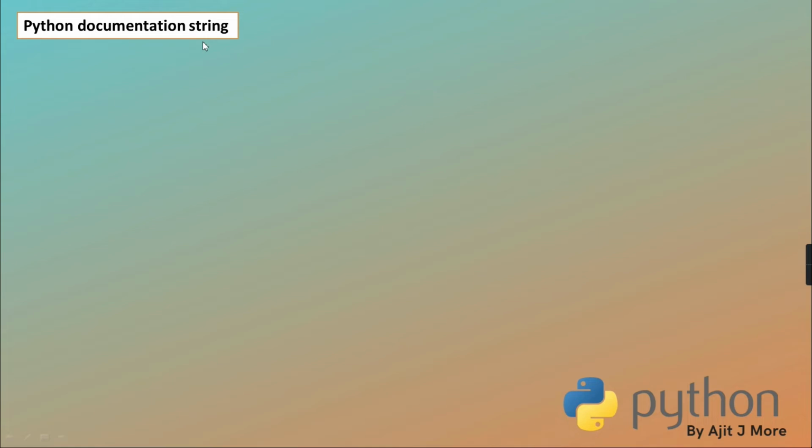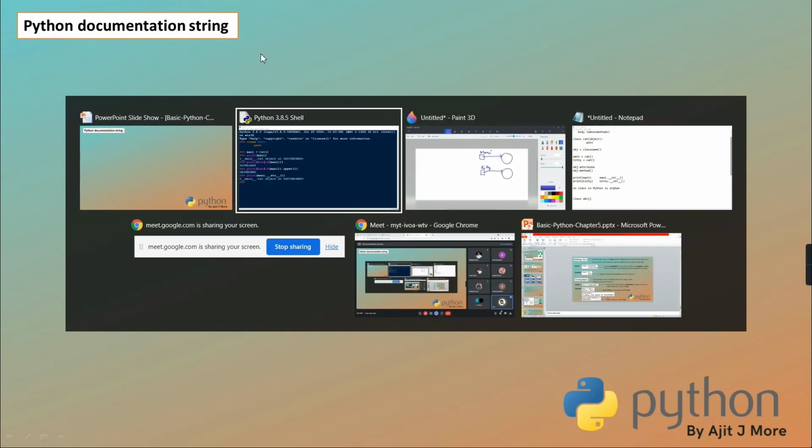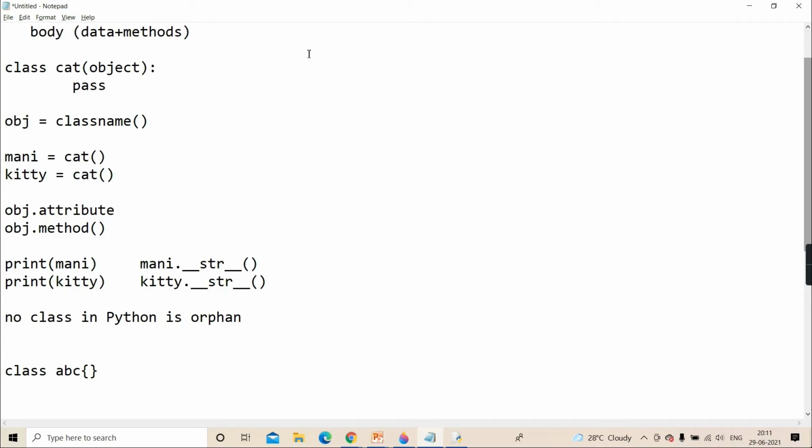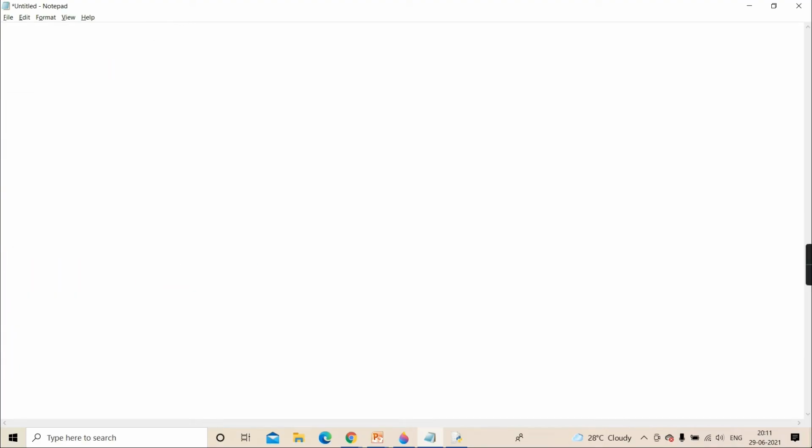Okay, you got it. So comments, I hope you remember how to write comments in Python. One is the simple single line hash comment. Actually this is the real comment of Python, but Python says make use of this multi-line string by not assigning it to anything. If you assign, then it's a string, and if you don't assign, anyway it's going to get ignored. It will be treated as a comment.